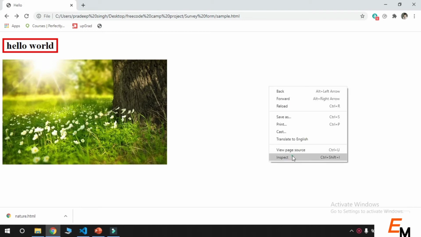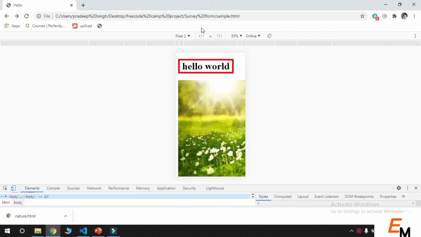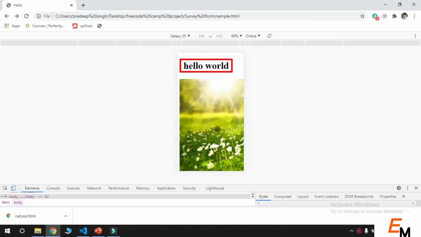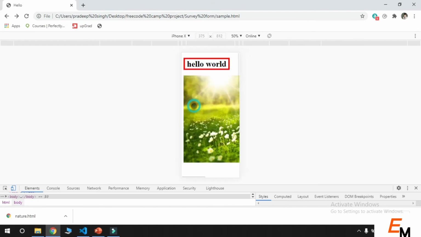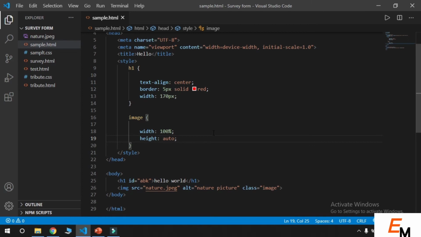If you want to see whether the image is responsive or not, then you click on inspect, and if you want to see it on a different mobile phone, you can look at a Galaxy S5, and you can see the image is not responsive because the image is not showing completely. And if you want, you can also see it on iPhone X, so you can see that the image is not responsive. Now I applied the